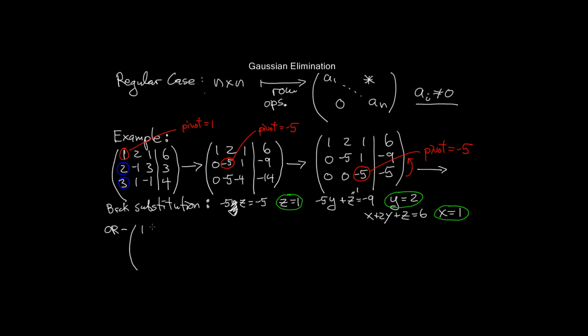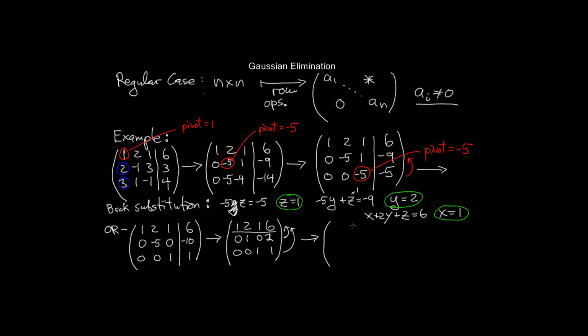So, the first thing is to multiply the last row by minus a fifth to turn those pesky minus 5s into 1s. And then use that 1 to kill the number above it, and you get this. And then you multiply the second row by minus a fifth to get some 1s. And then finally you use the second two rows to kill the entries in the first row,